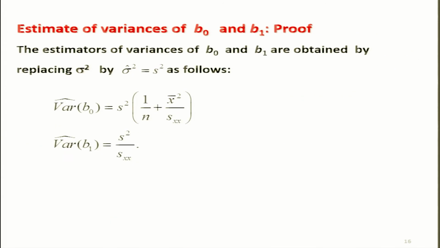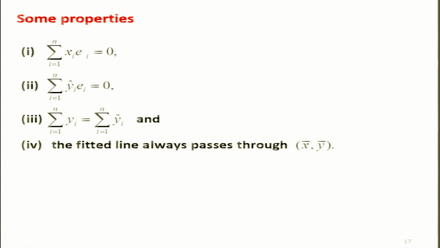So, now you can see these things are not very difficult. Once you have obtained the estimate of sigma square, you consider the variance of B0 and B1 and replace sigma square by S square here. This will give you the estimators of the variance of B0 and variance of B1, and if you take the positive square root of this quantity, this will give you the standard errors. It is not difficult at all; a little bit of knowledge of statistics and small algebra is only needed to obtain these things.